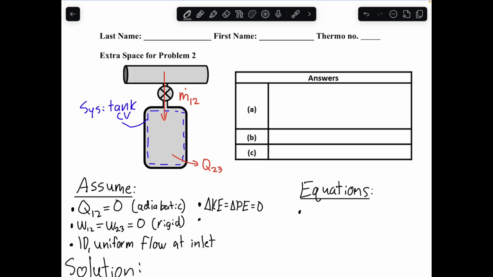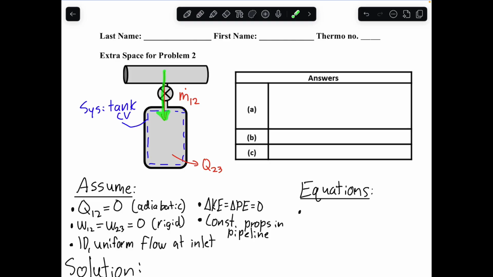I also like to usually write down, whenever we have any sort of supply line or some large reservoir or anything like that, I'll say that we have constant properties in the pipeline. Kind of running out of room here, but constant properties in the pipeline, which means that we have some mass